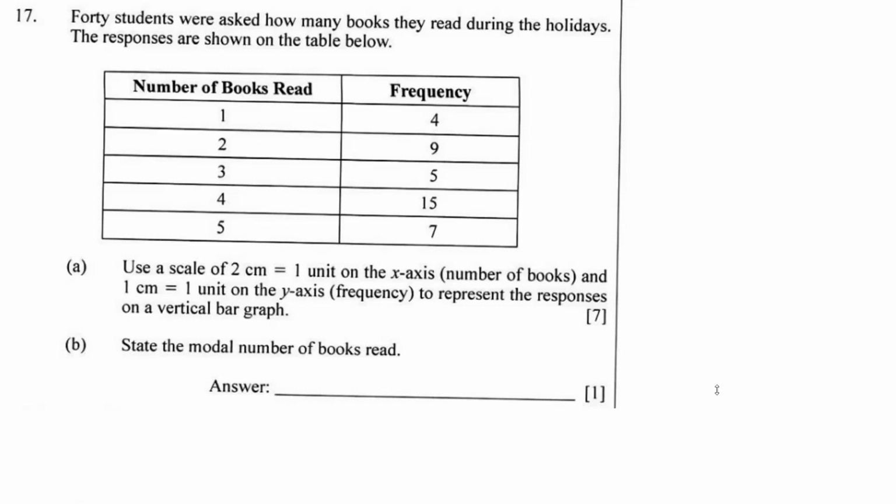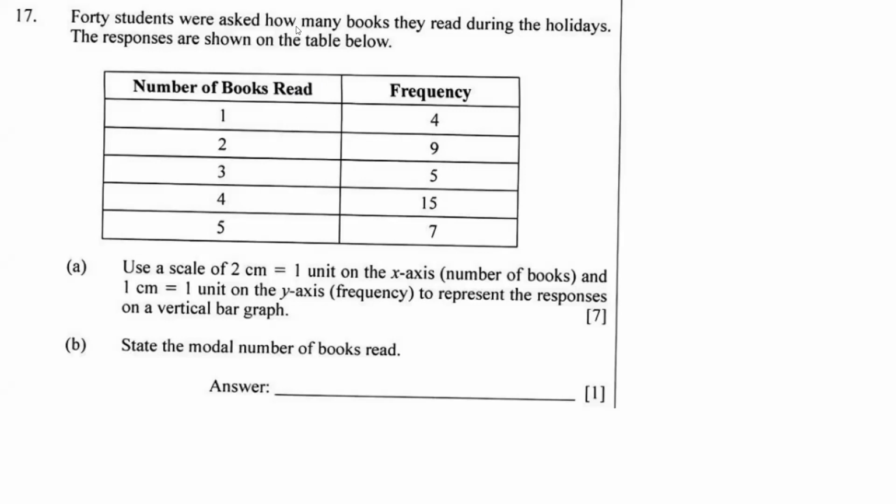Yes, sir. Can you read the information in the table for me? Which information? Oh, number of books: 1, 2, 3, 4, 5. Frequency: 4, 9, 5, 15, 7. Thank you, Natalia. So basically what this is saying is that you had